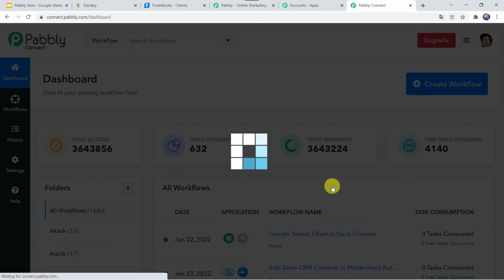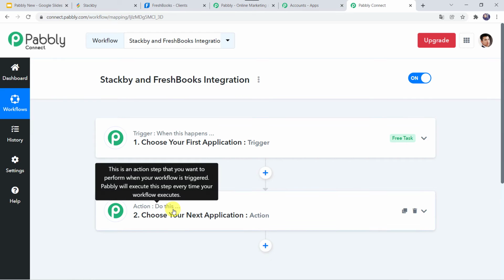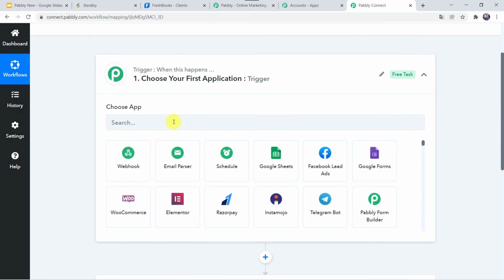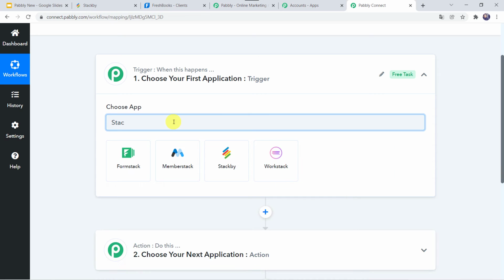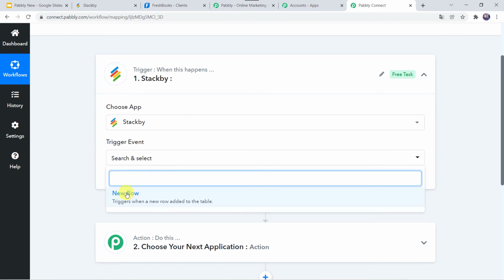Now here we can see a trigger window and an action window. So Pabbly Connect works on the concept of trigger and action. Trigger means when this happens, action means do this. So in this use case, we want the record details to be captured from Stackby. So open this trigger window and here in the choose application, let us find Stackby. In the trigger event, we have to select new row,